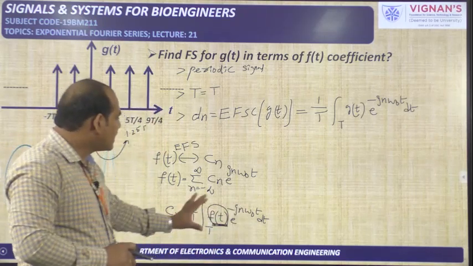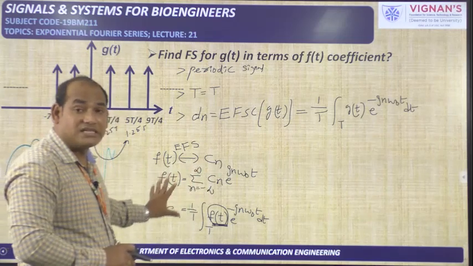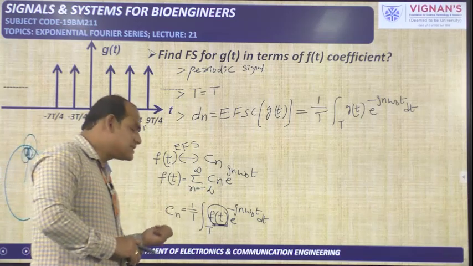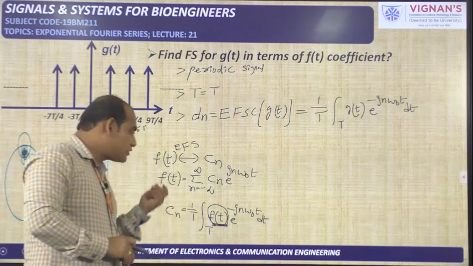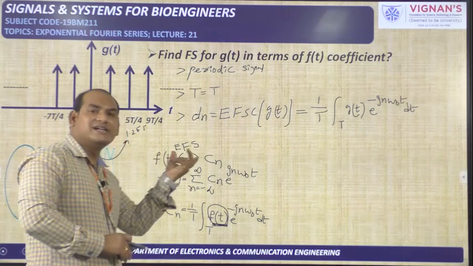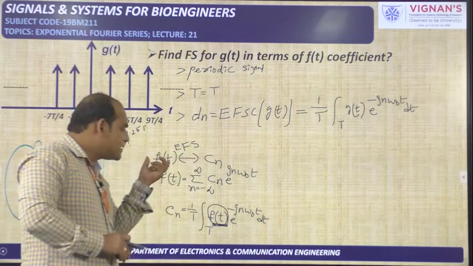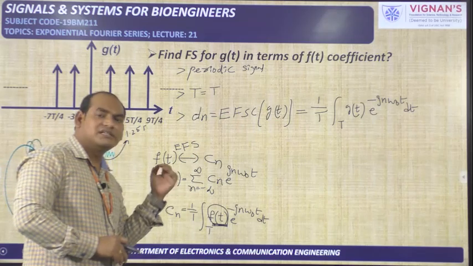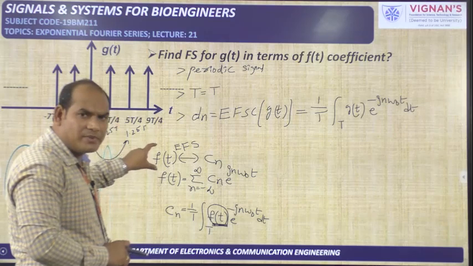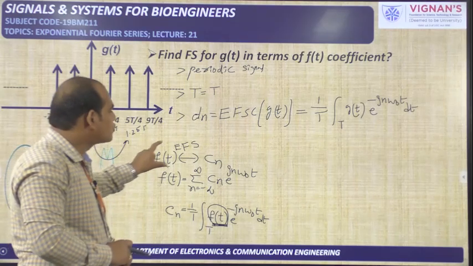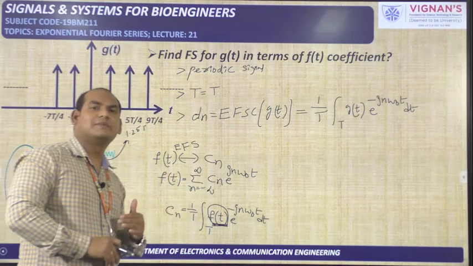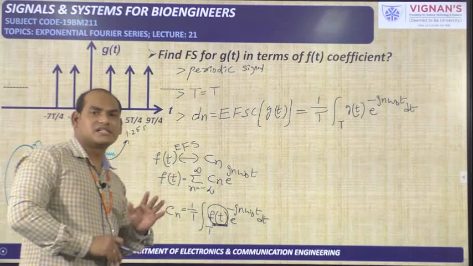So in this way you have to remember these formulas. How we have written this f(t) equation, how we have written this Cn equation. It is not about f(t), it is not about Cn. It is about one periodic signal and its coefficient. For which periodic signal we are calculating the coefficient, that one we have to consider. So one periodic signal is there, that may be f(t), that may be g(t), and its coefficient we have represented here with Cn. In some other textbooks it will be represented with Dn. That is not the matter.